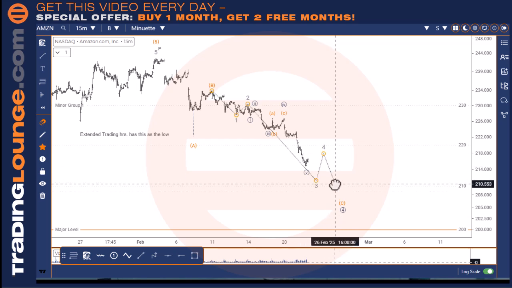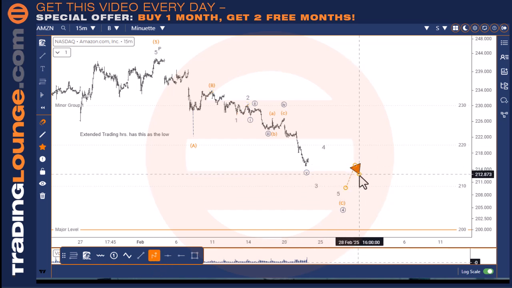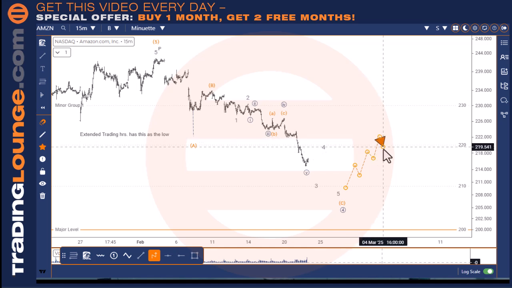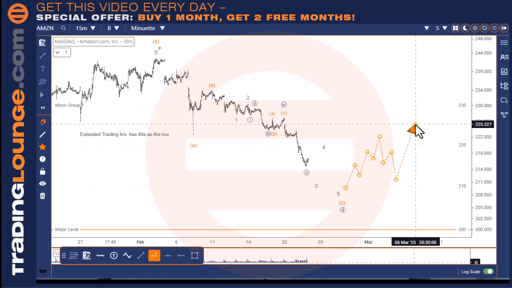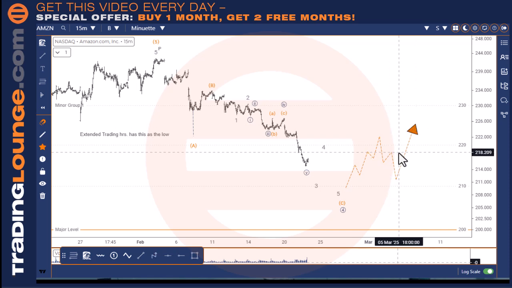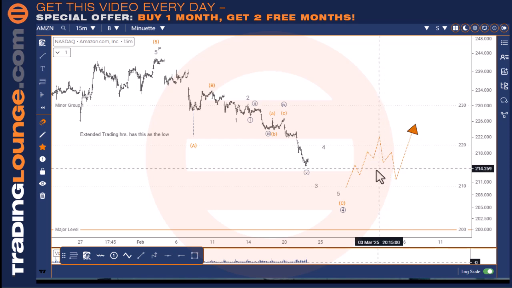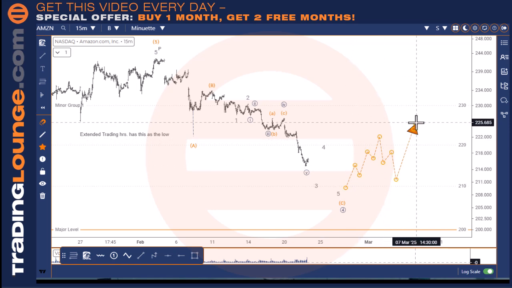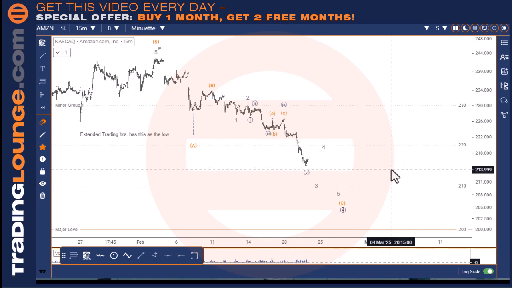we still need to come down further, and even when we do land, we still want a little impulse wave to the upside. We still want our 1, 2, 3, 4, 5 here, so we can manage our risk at that point, and then would be long above the B wave here. We could buy the pullback a bit deeper and look for the next little 5 waves up and pull into that one as well. But we definitely need that little 5 waves there, because we know if we get 5 here, we're going to get 5 over here,